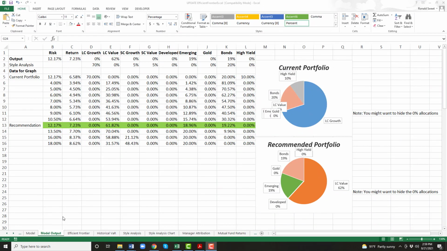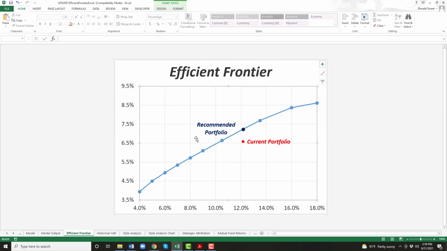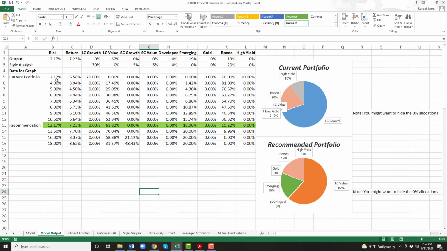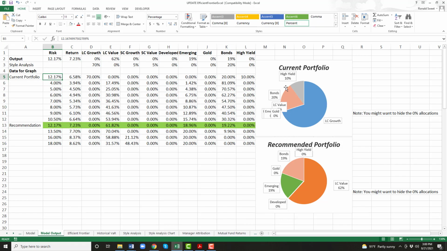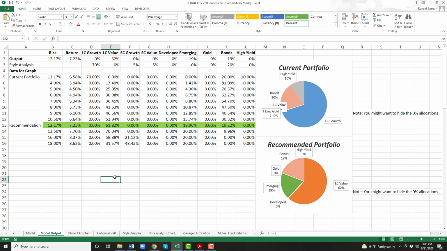In the last video, we built the efficient frontier, and we had a recommendation for our client to move from this current portfolio up to our recommended portfolio. And we did it by running all the different points on the efficient frontier, comparing it to our current portfolio for our client. So we had this current portfolio, recommended portfolio. Today, in this video, we want to put some historical perspective